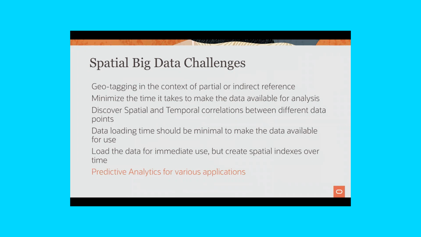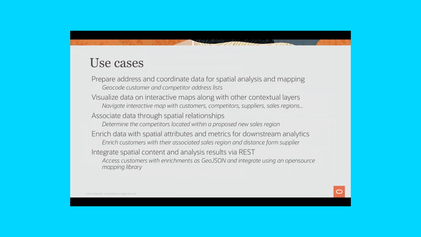Some of the applications that are done on big data are geotagging in the context of spatial reference. I'll give you an example of that in the next slide. But basically, you want to be able to take the data as it comes off these devices, quickly do some spatial analytics and understand the data, and then do some online discovery of trends and things like that. Once you identify important parts of the data, you can isolate the data that you're interested in, then push that into the database to do more analytics on the database side. So these are some of the use cases.